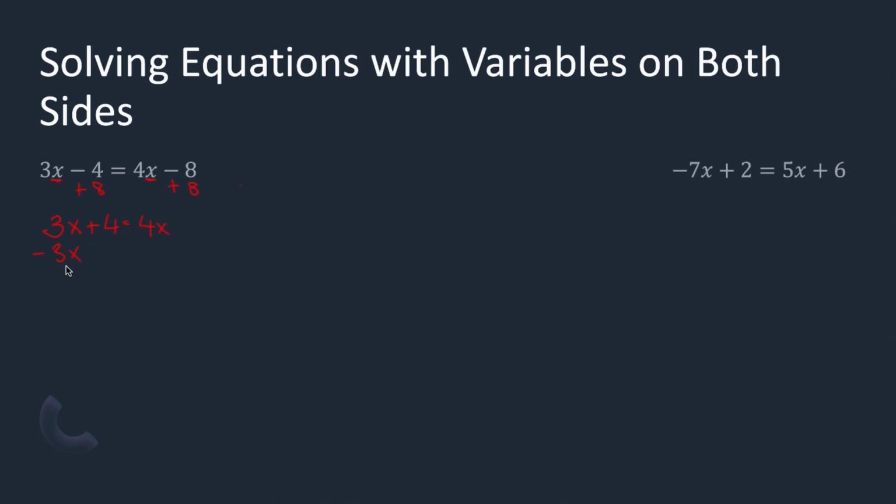And we're doing this because we're not trying to isolate x here. We're trying to move these to this side so that we can isolate x. And that may sound a little confusing, but we'll see. So we subtract 3x from here and 3x from here. And notice how these things perfectly line up to give us x on this side, because 4 minus 3 is equal to 1, and there's an invisible 1 here. This means the same thing as 1x. And so this 4 remains, and we are left with x equals 4.